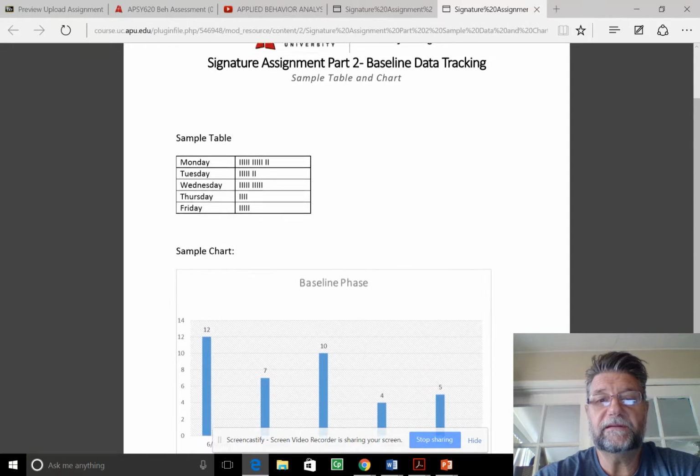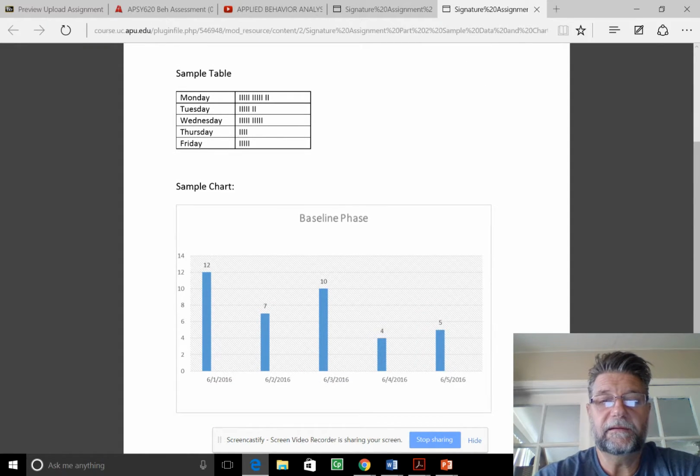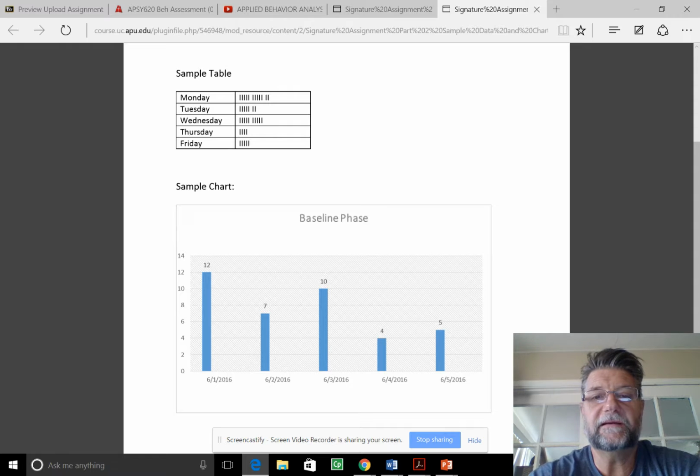Don't think too much into this, but this is what you need in a sample, in a chart, and in a table. So whatever your behavior is, whenever it occurs, you just simply mark it off and create a chart, and that's it. Now that's not due until week 4, but if you'd like to go ahead and start, you notice we have 1, 2, 3, 4, 5 days that we have to cover within that chart and table.